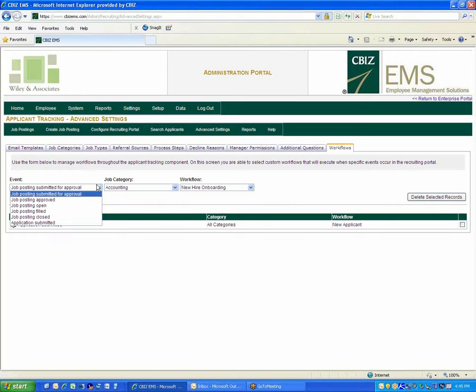Job posting open, and we'll talk about that in our very next training session, how you create a job posting. And by default, the job posting is just pending. So you create it, but you don't necessarily post it. When you open it up, ready for candidates to apply for it, that's what that event is when you've opened